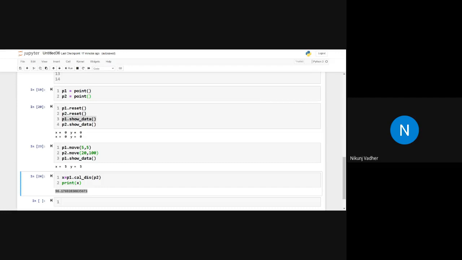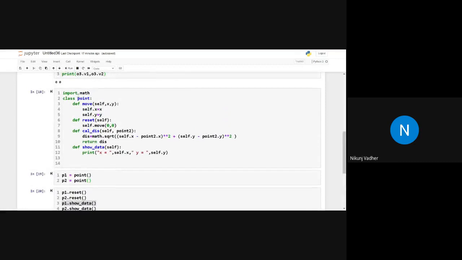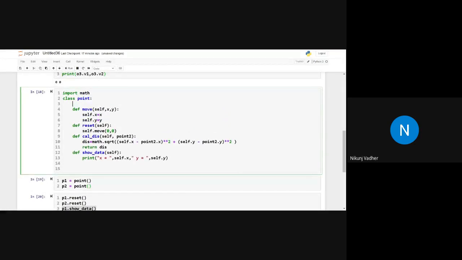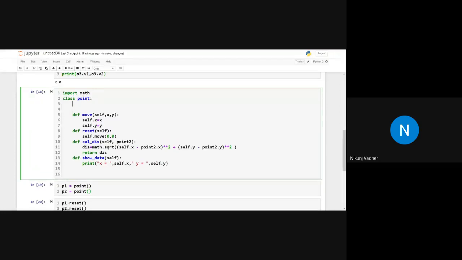Now let's try to implement the constructor. How can we use the constructor? We will use this same example, but here we will add the constructor. Now what is the syntax for a constructor? Can anyone tell me from yesterday's lecture?